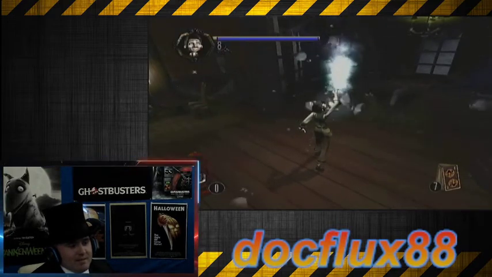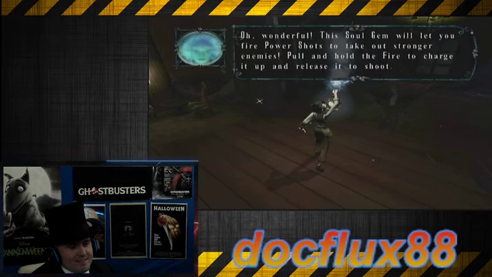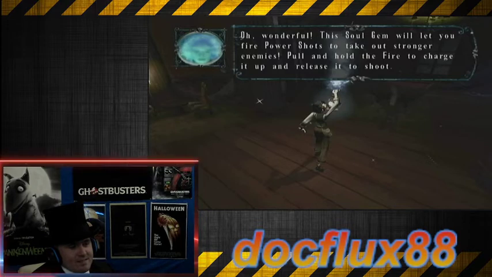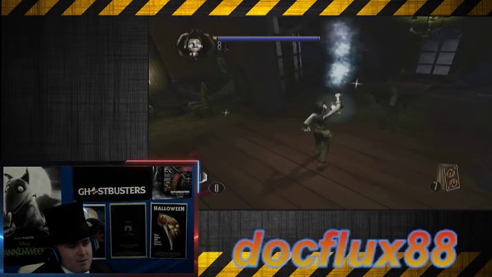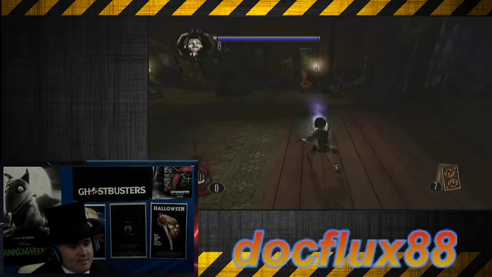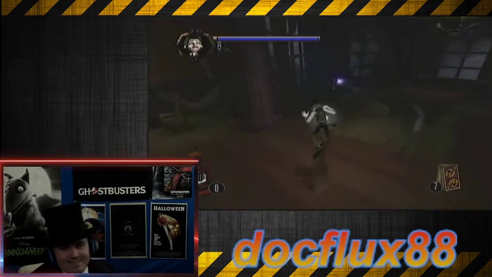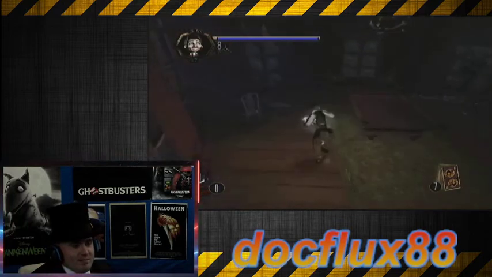Oh, channeling even more spirits. Oh, wonderful. This soul gem will let you fire power shots to take out stronger enemies. Hold down fire to charge it up and release it to shoot. More powerful attacks, huh? Ooh. That's fancy. Bit fancier than just...